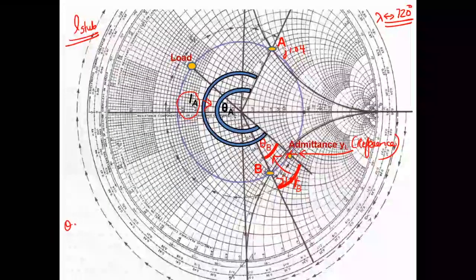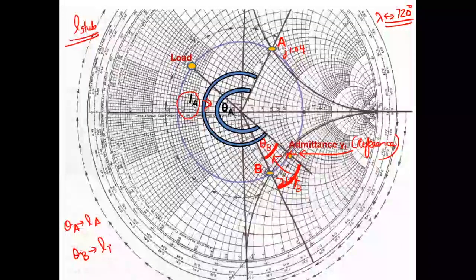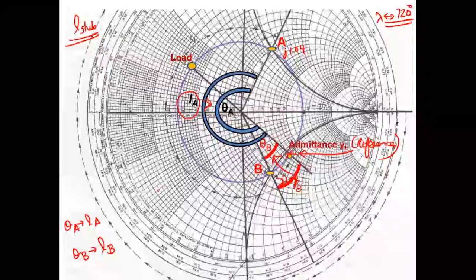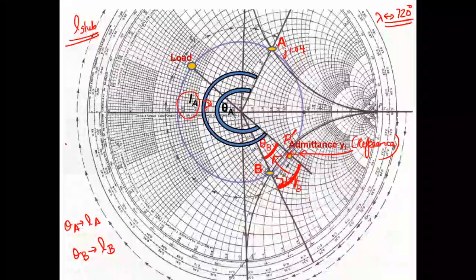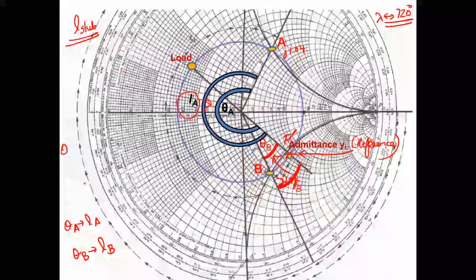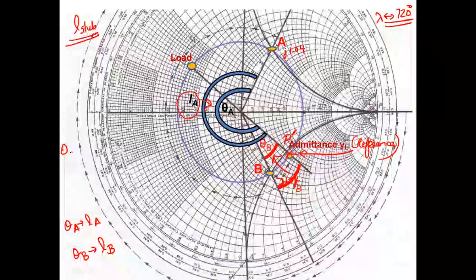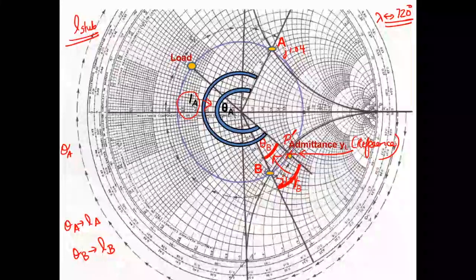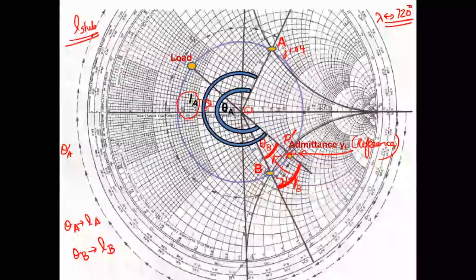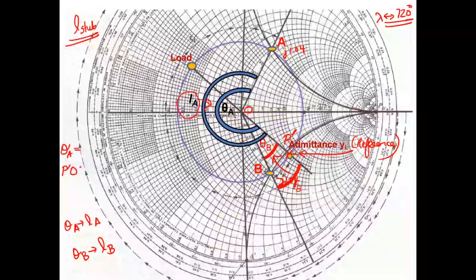So from theta A you can calculate LA, and from theta B you can calculate LB. Okay. So if we take this point as P dash, what will be theta A, if we consider theta A corresponds to LA and theta B corresponds to LB? So how to calculate theta A? If this admittance point is taken as P dash, and the center is O, theta A will be P dash O